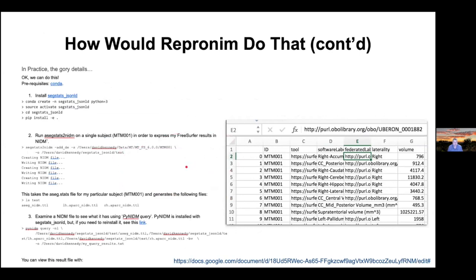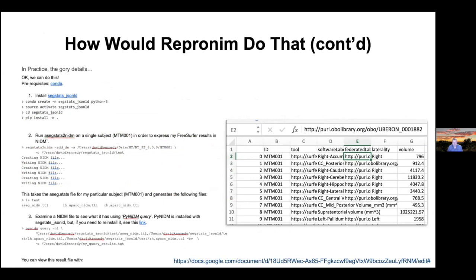So if you do have a collection of data in the BIDS and NIDM format, you can then run this aseg stats to NIDM. In this tutorial, we're running this on a single subject. And what that does is that it actually